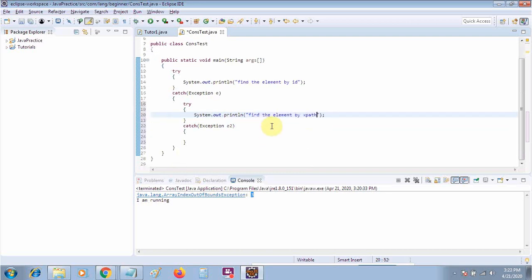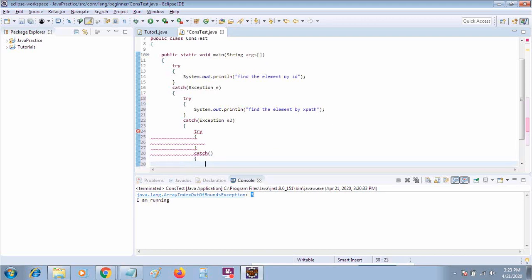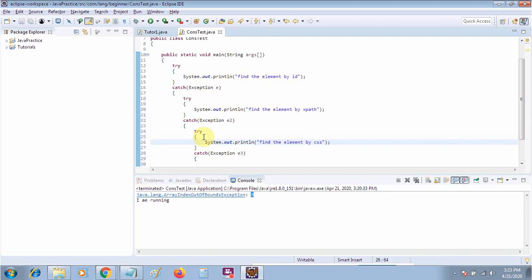Now suppose we are still in doubt whether it will be found or not, so we will again use this one, exception e3. So what will happen actually?